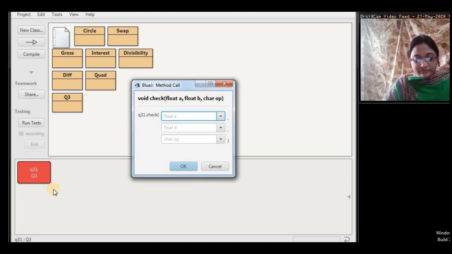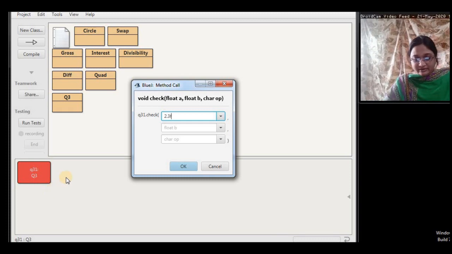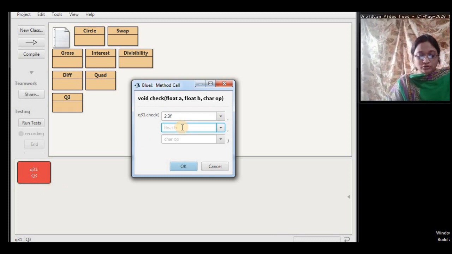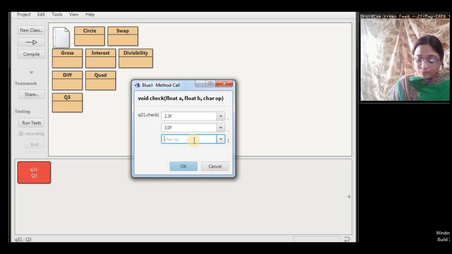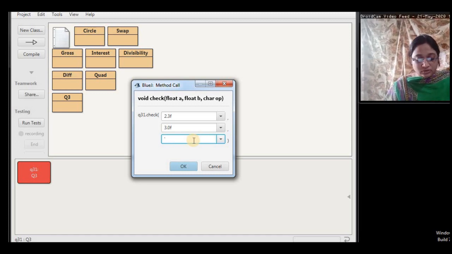Now let us give a float value, suppose 2.3f as it is taking float, and 3.0f. And when you are giving the input, this character also you have to keep inside single quotation.